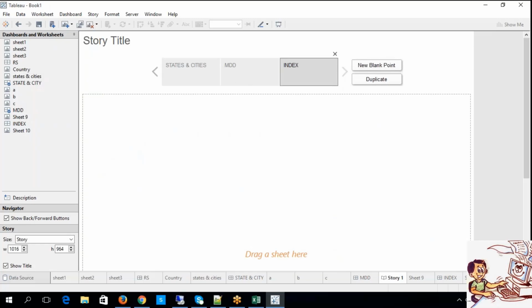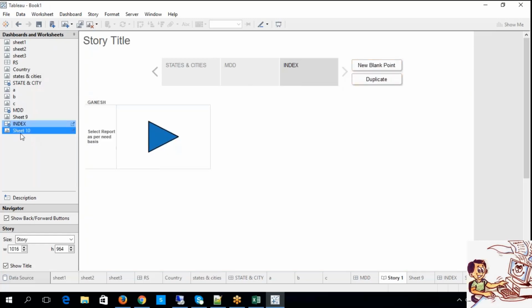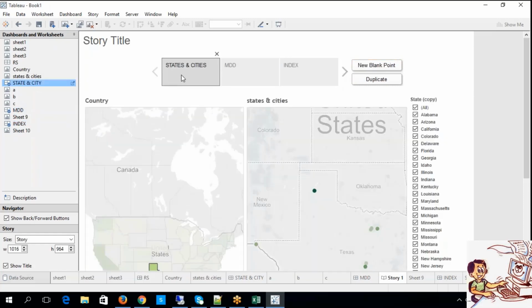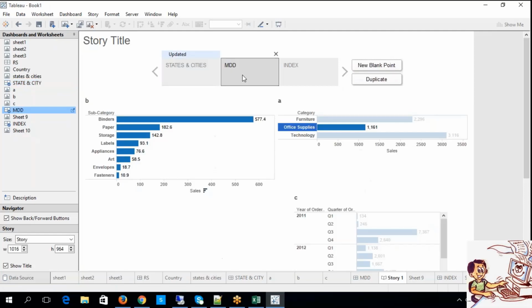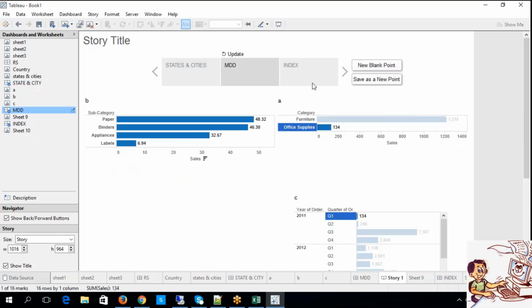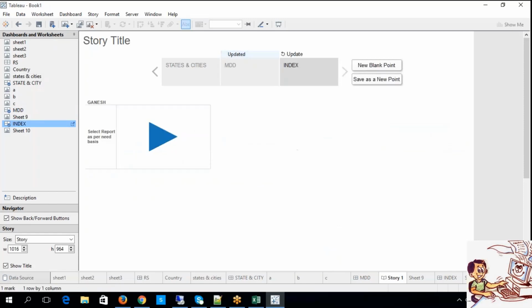Now look at this, you can place this thing here, and again different sheets you can place. You can replace it with whatever you want. See, like this. Now in this story, if you want, you can pass on comments, whatever you want, you can write it down. In this tab you have this one, and in this index you have this information. Something like that, you can project it here.